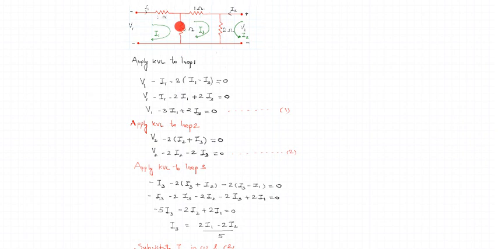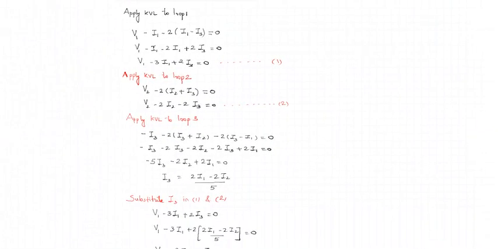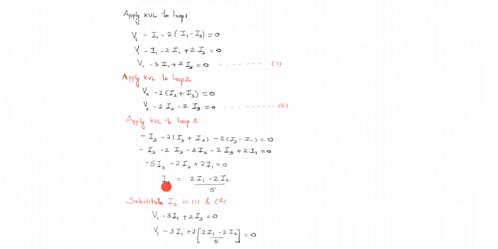Moving forward, coming to this 2 ohm resistor, again there are two currents flowing through it, and both are in reverse directions. As I3 is the primary current, I3 minus I1 is the net current which flows through this 2 ohm resistor. After framing the equation and simplifying loop 3, we have expressed I3 in terms of I2 and I1.